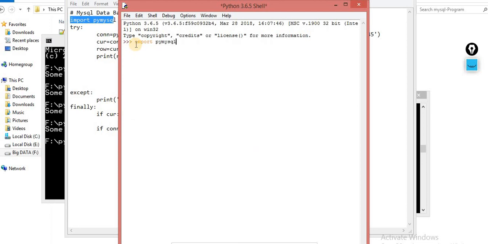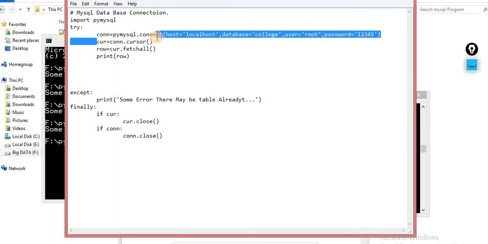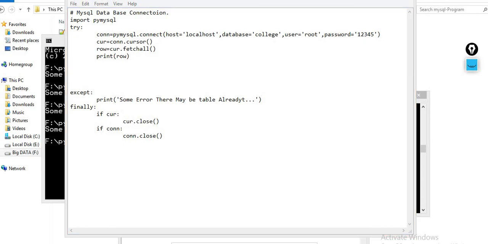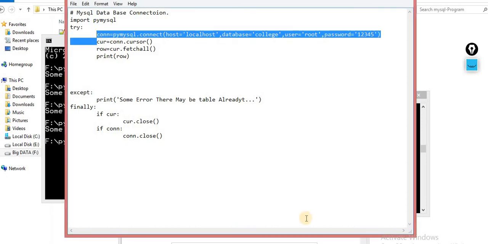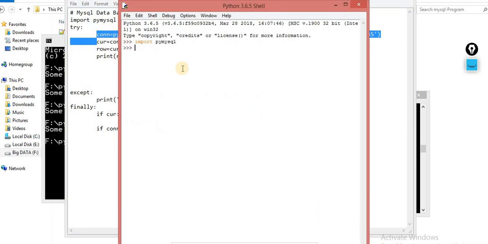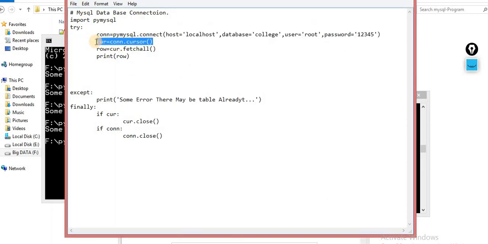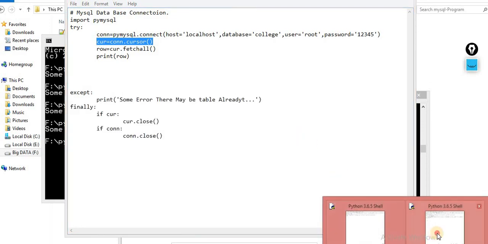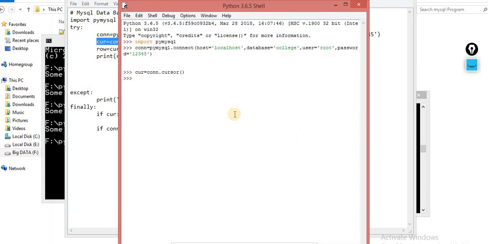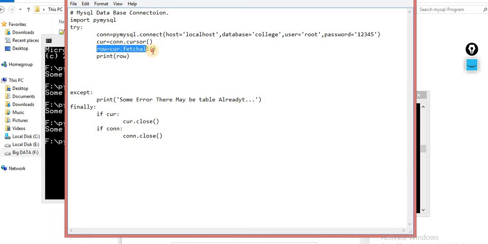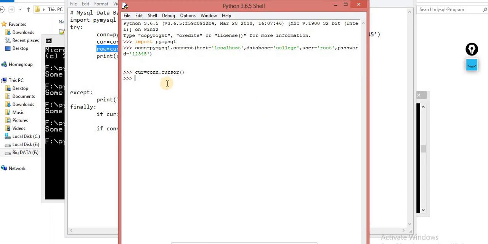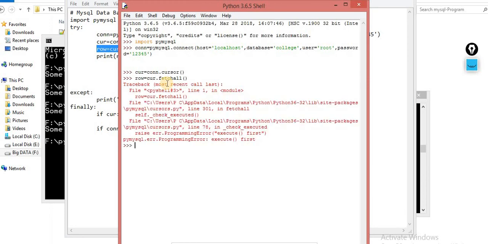Control V, this one. Make a connection string. So I made a connection string, this one. Now I made a cursor. So row is equal to cursor dot fetch one. Okay, here some error.